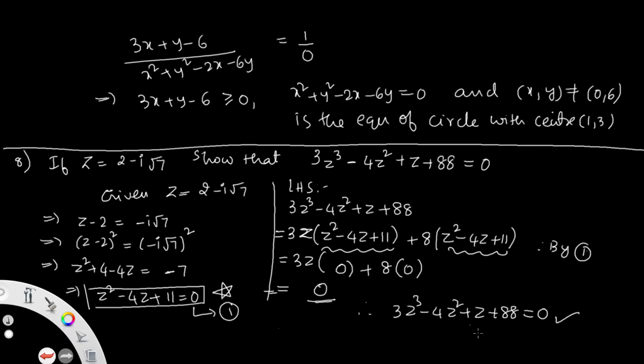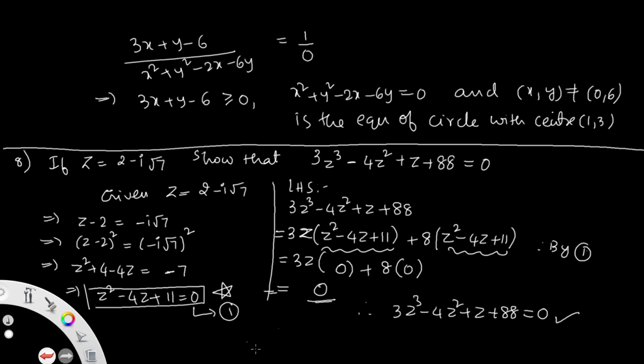If you are not following, just use simplification of z square and z cube, then substitute all the values in the LHS, then you get the answer 0. That's also another way. Whatever method you can learn. This is very easy, even in objective questions this method will be easy. That's why I'm just now taking this method. So just think and write this.